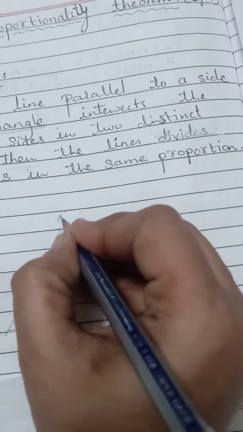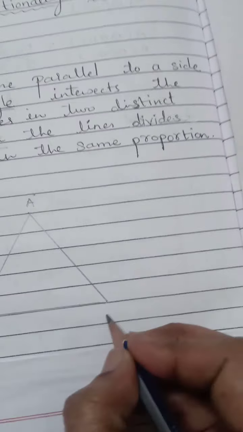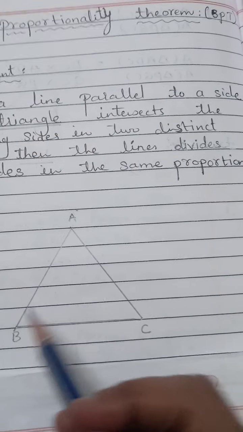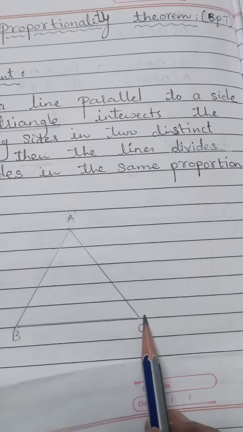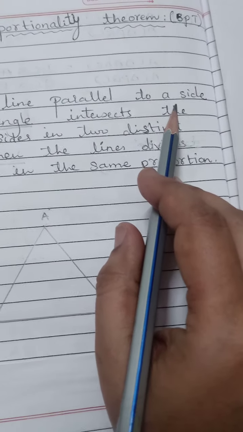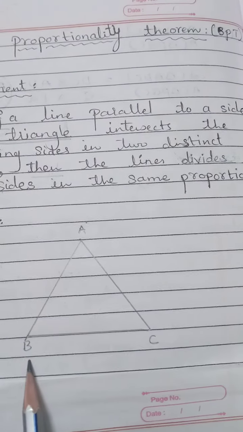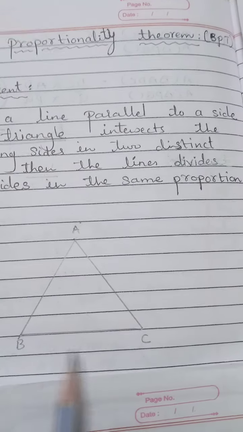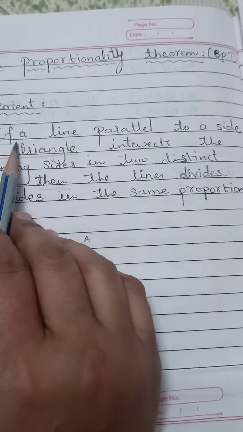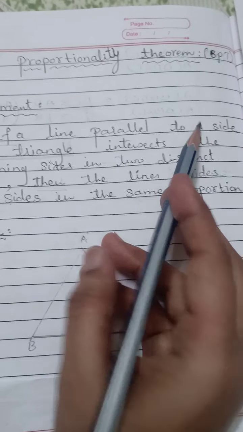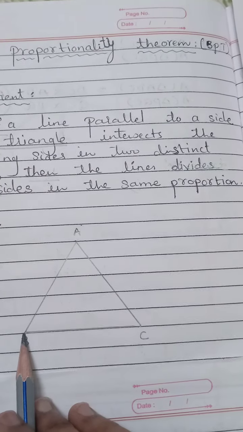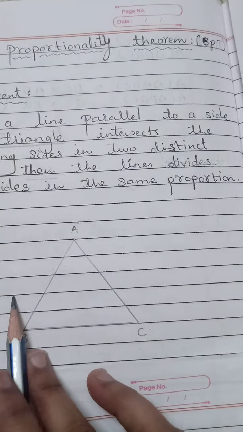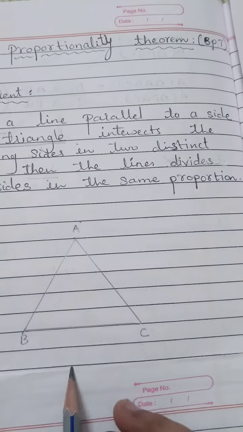First of all, I'll give a name to the triangle. I'm naming the triangle ABC. Here there are three sides, AB, BC and AC. Out of the three sides, we have to select any one side. I will select the side BC. Now, for this selected side BC, we have to take a line which is parallel to that side. So we will take a line in such a way that it is parallel to BC. BC is here. Definitely if we take a line from this side, they will become parallel to each other.